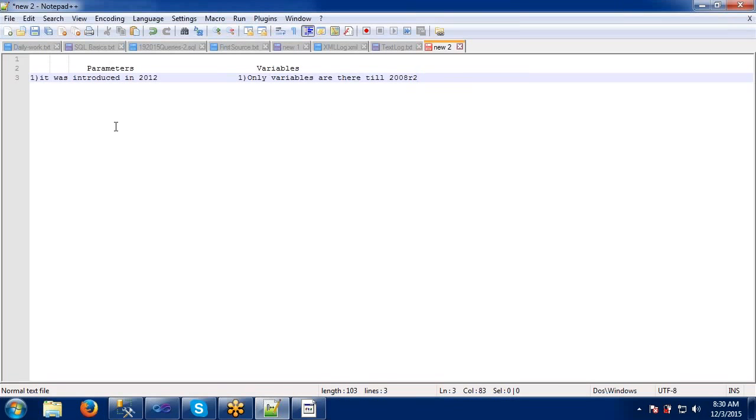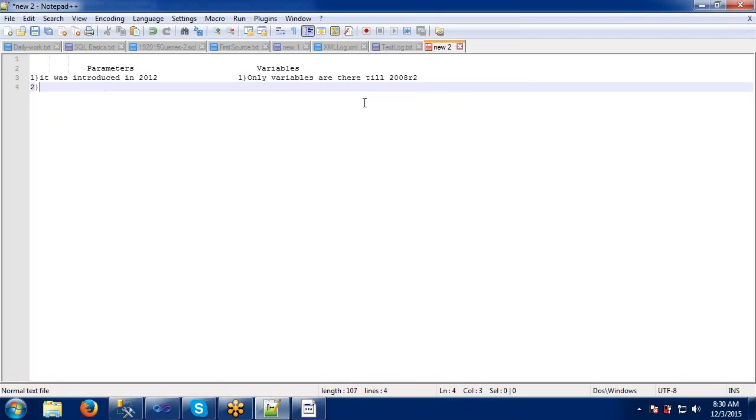Parameters act like variables only. Whatever we are doing through variables, the same thing will be handled by the parameters also.